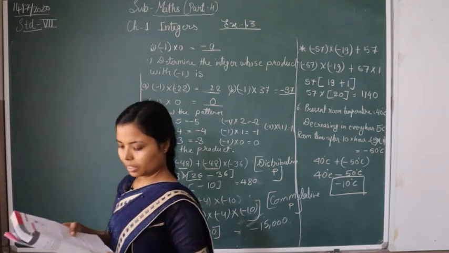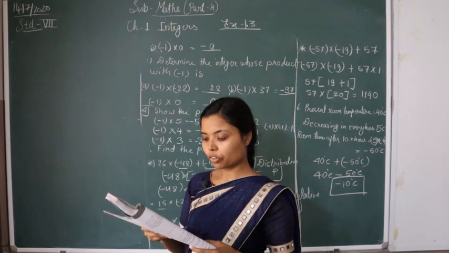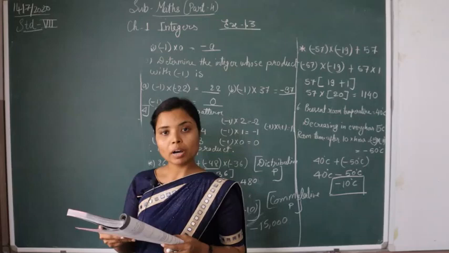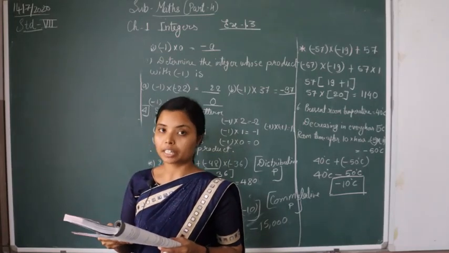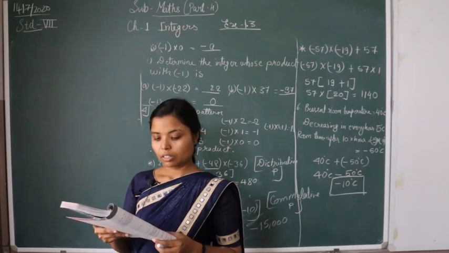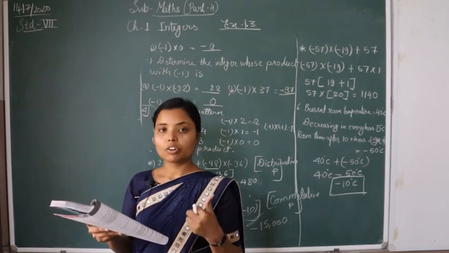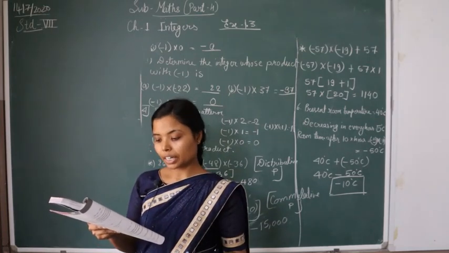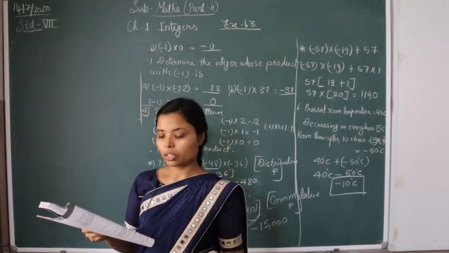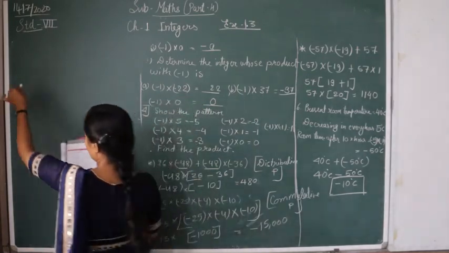Question number 7. In a class test containing 10 questions, 5 marks are awarded for every correct answer, and minus 2 marks are awarded for every incorrect answer, and 0 for a question not attempted. Listen to me carefully. If we get a correct answer, we are awarded 5 marks. If we get an incorrect answer, we are awarded minus 2 marks, and when we do not attempt the question, we get 0 marks for this question. Now the question is,